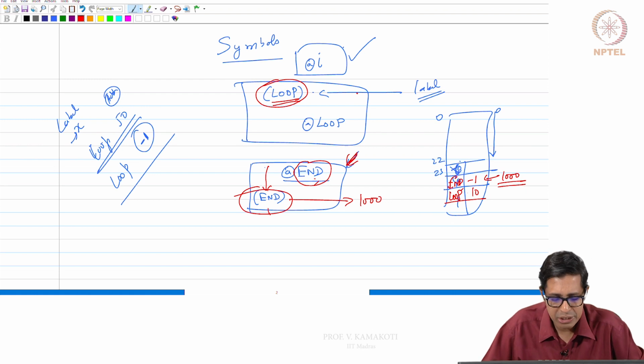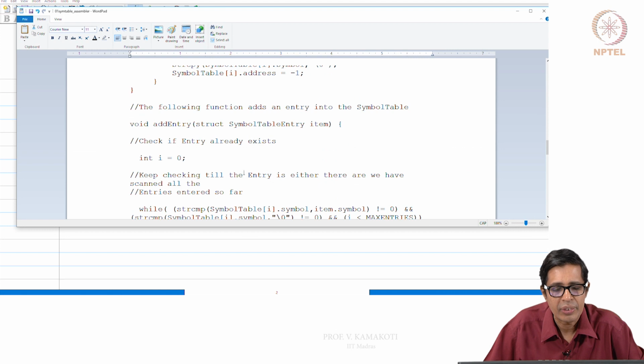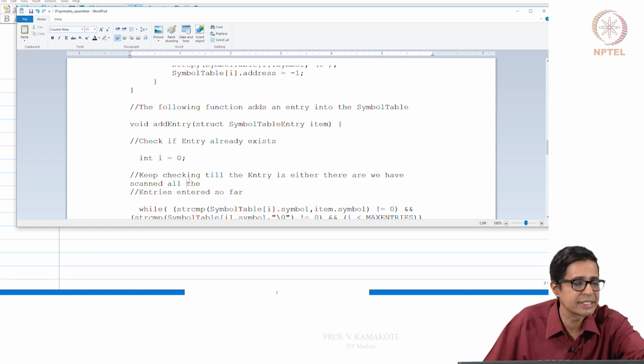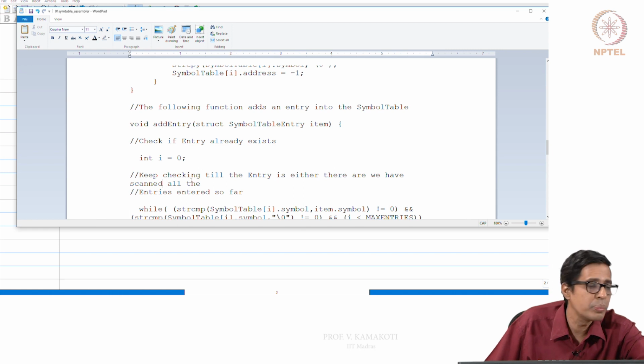Okay, so these are some of the things that we need to take care of when we do this add entry. And now let us go back to the code and see how add entry works. So add entry, and I am adding an item here. First thing is we will check whether it already exists. So this is that while loop.